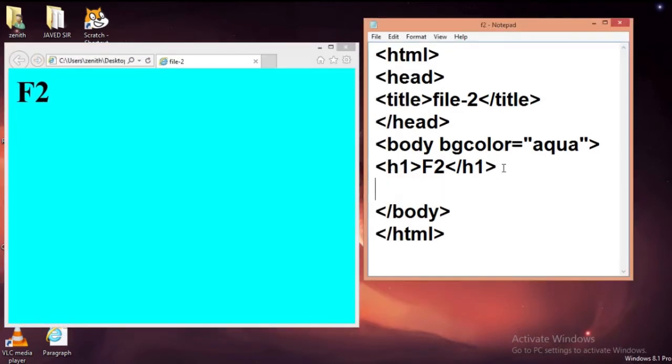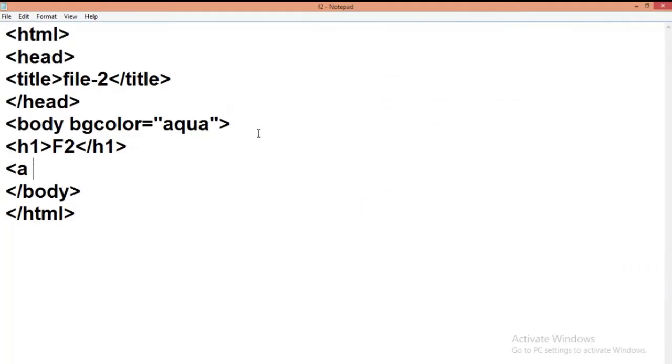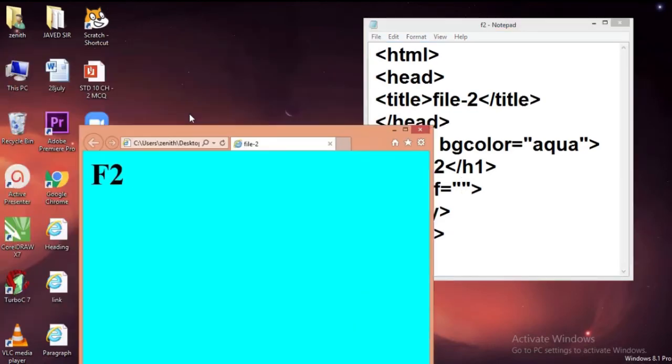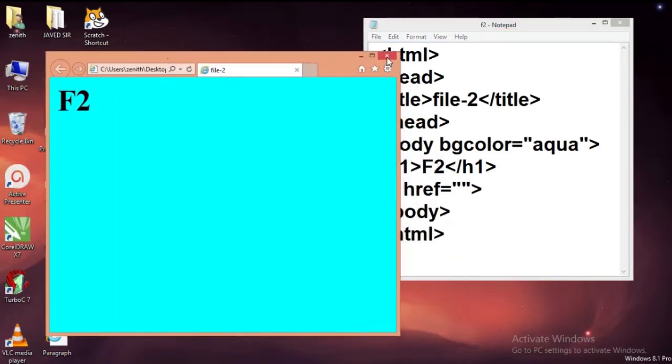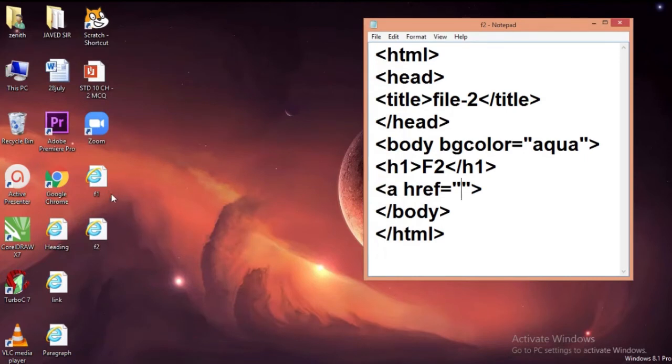For that I am using the anchor tag and the href attribute, with its value being the same file name which I want to open through the link, file number 1.